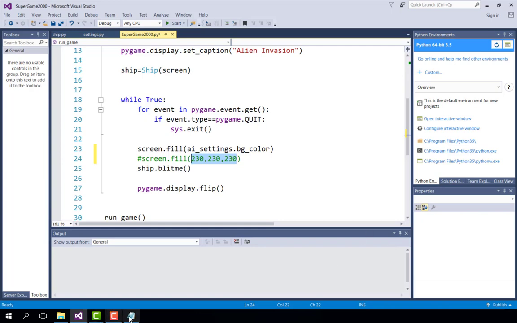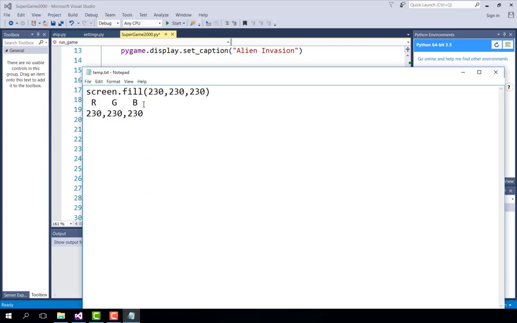Now I've taken that line and gone ahead and put in here and kind of broken it down into this part. The first one's the amount of red in it. Second is amount of green, and the third number